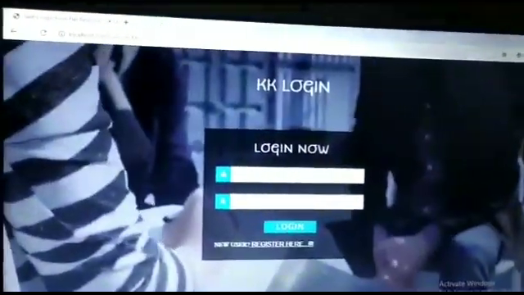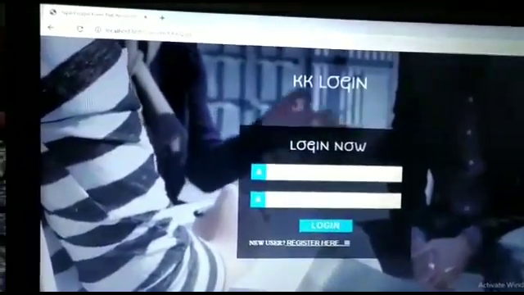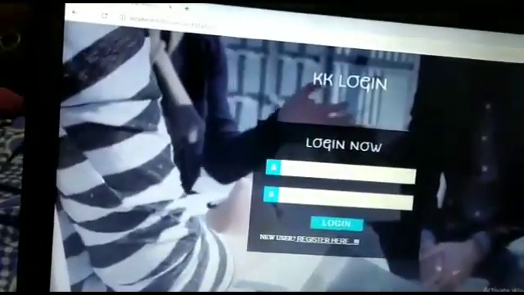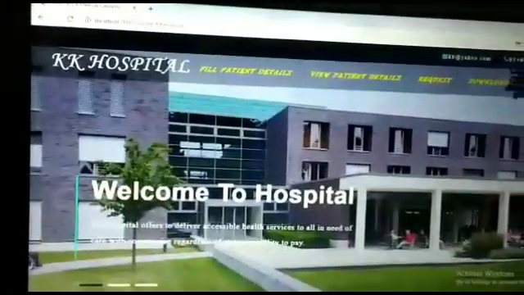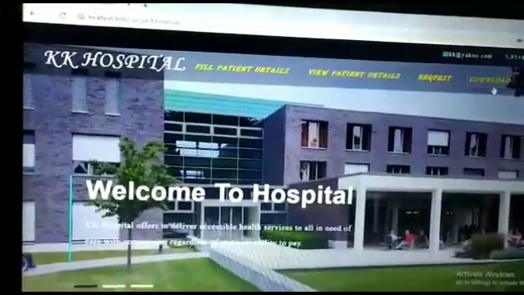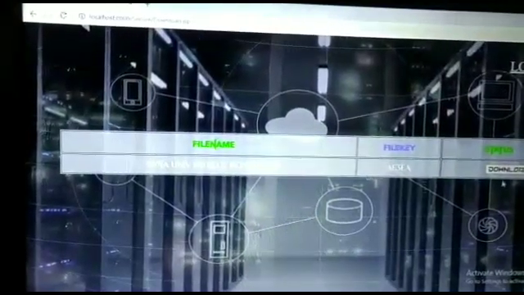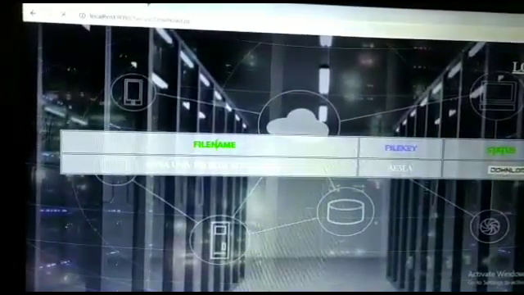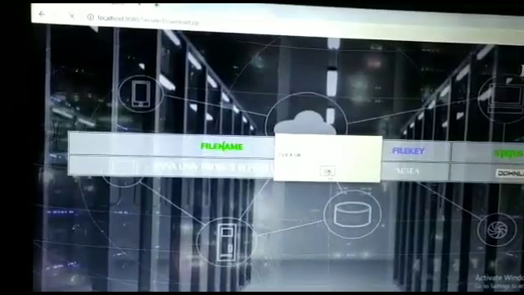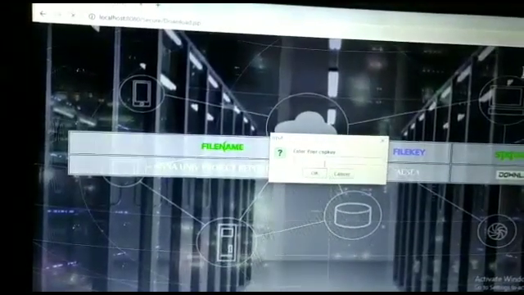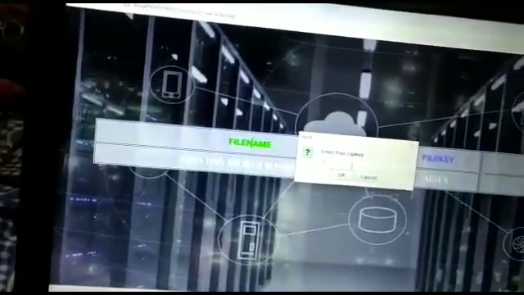By using the same credentials which were used for KK previously, I'm going for the same thing. And I'm logging in now. We can see the downloaded file, the file which we uploaded there. Look, there is a file which we uploaded there, and we can download it, and we should enter the key here. After entering the key, I'm clicking it.